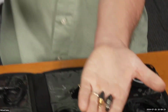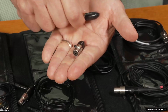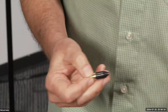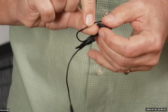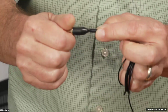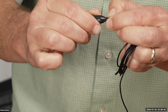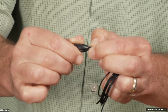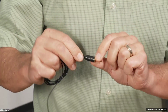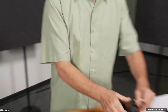So if I needed another connector for an electro system, and I think this one is for the Sennheiser rig, I could take that and take the Rode lav and simply screw that on the end. Be very careful that you don't cross thread it, or you ruin it. Don't over tighten anything. So now this is the Micon 2, and I believe the Micon 2 is the adapter you need to go into